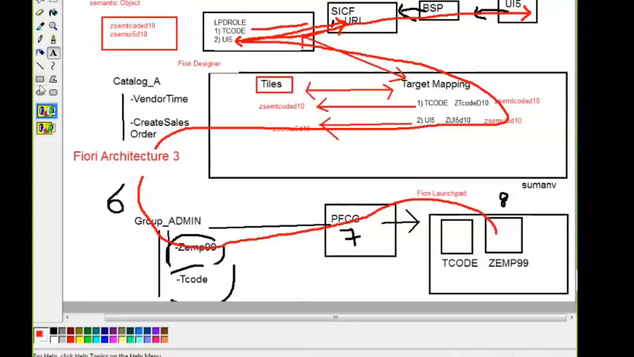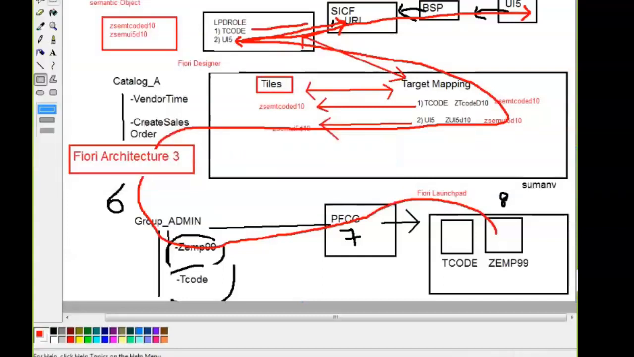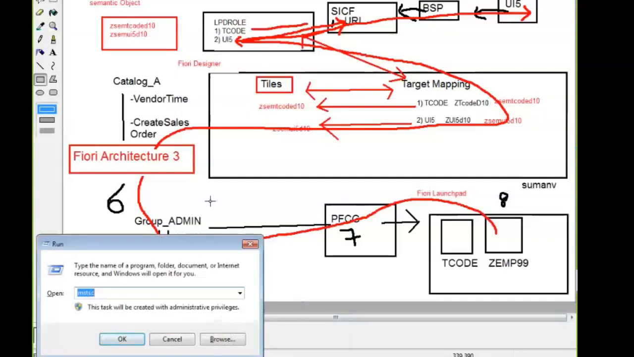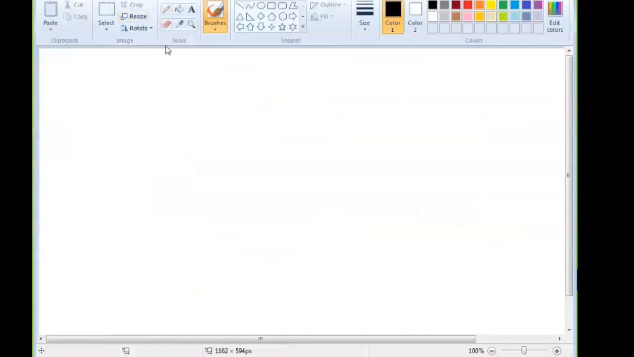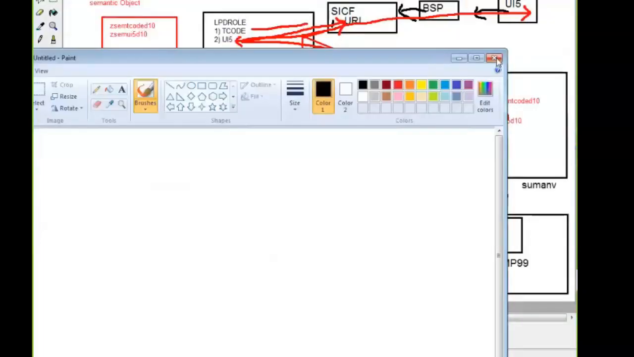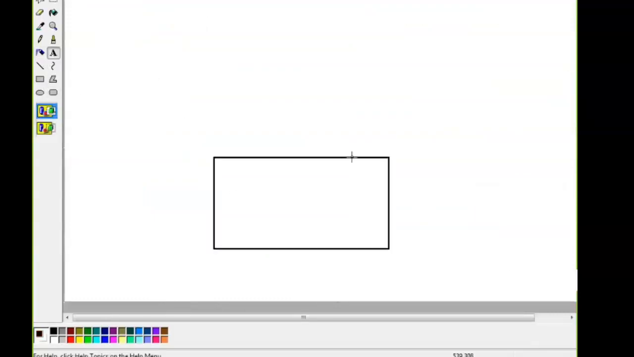Yeah, this I call it the Fiori architecture tree. Now you can ask me a question: what is 2 and what is 1? Okay, 1 is what I told you during the demo. Because there is some time now, Fiori architecture 1 is basically a very simple diagram where on the Fiori launchpad